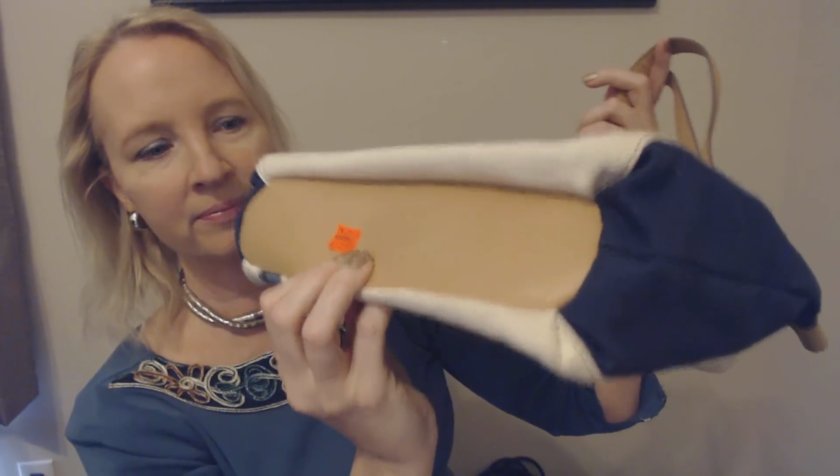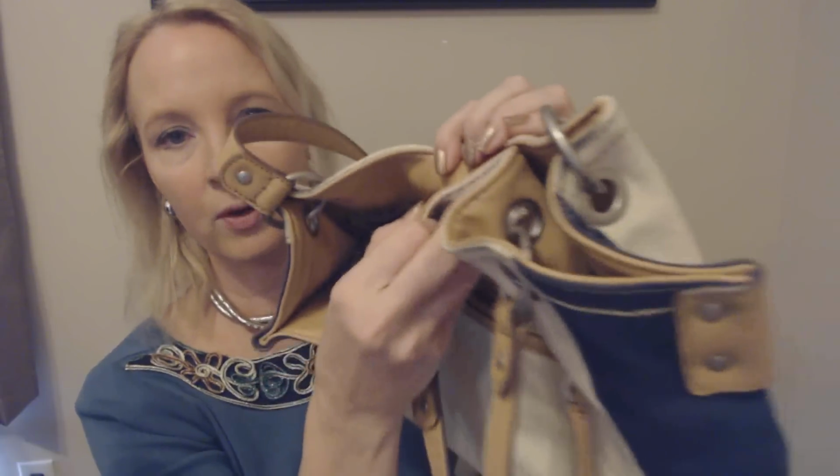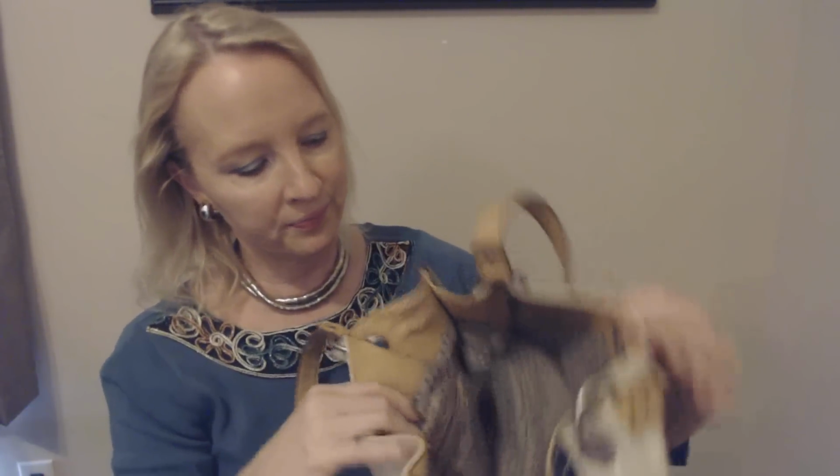This purse, and the price is on the bottom, it was $3.99. The other one was also $3.99, the first one I showed you. And to open it, you have this magnetized snap here that you can just pull apart. Now the inside